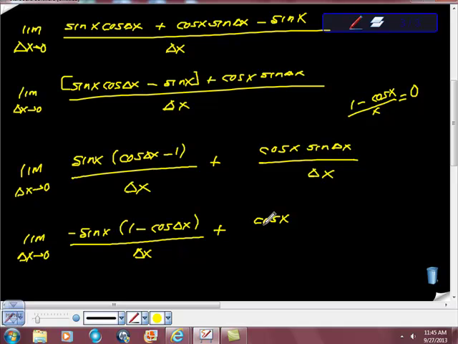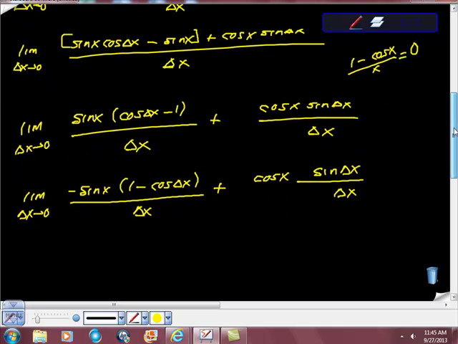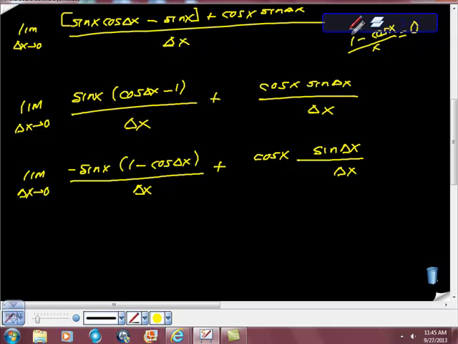sine change of x over change of x. All I did was just factor this out. It's still there, and if I multiply it, it goes right back. Because I know this rule. I know that 1 minus cosine x over x is equal to 0. So this thing right here now equals 0. So I have the limit as the change in x goes to 0 of negative sine x times 0, because this whole piece right here is 0, plus